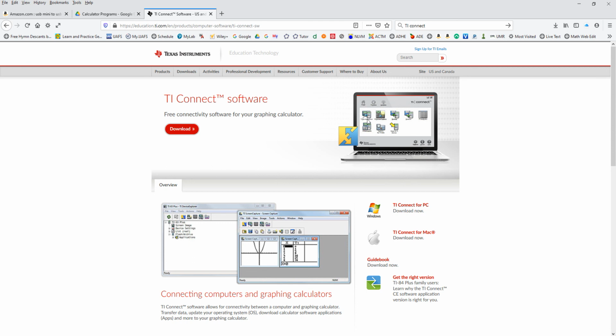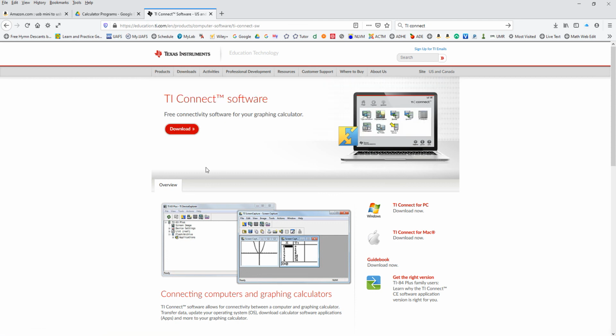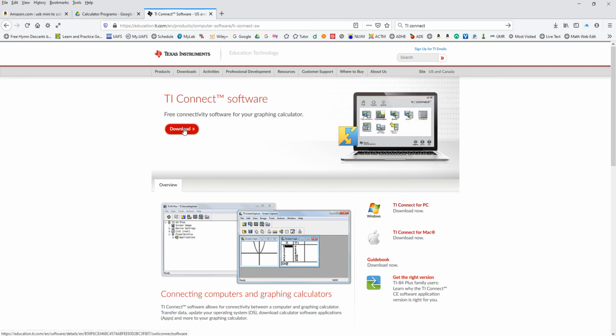And this takes you to Texas Instruments sites. They have several different resources there, downloads for some guidebooks and programs and new operating systems. Even upgrading the operating system can be done from there as well. Okay. In fact, let's talk about that. Well, let's do this first. So go to TI Connect, download,